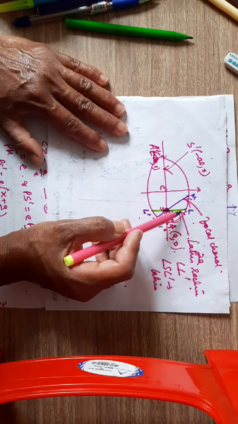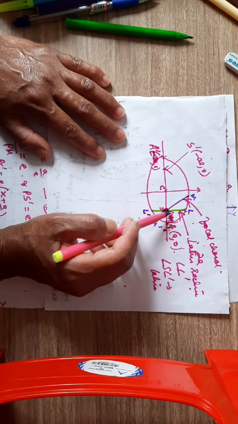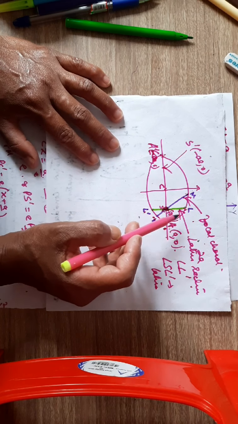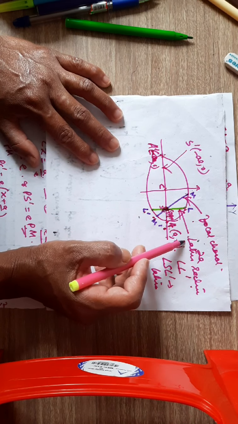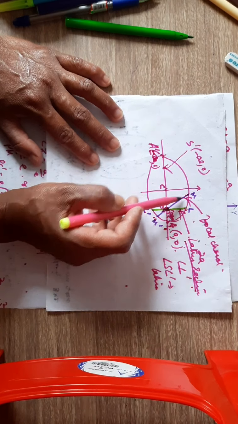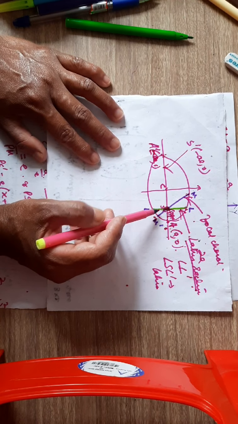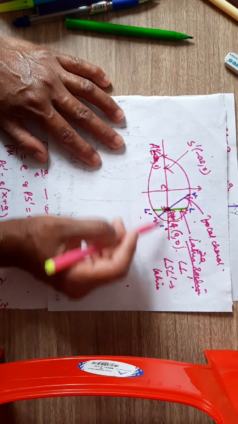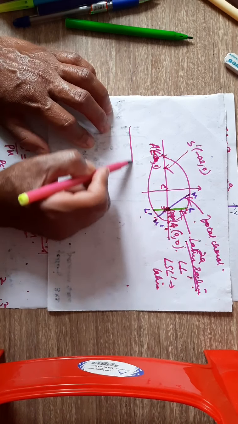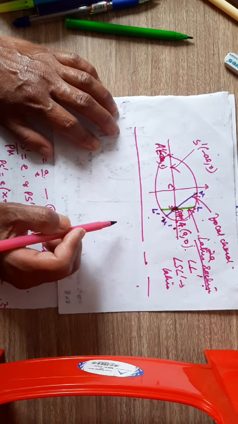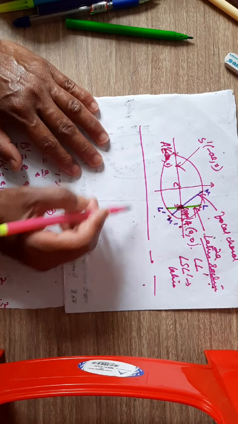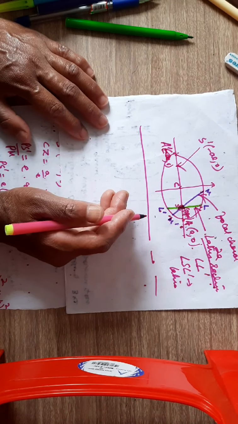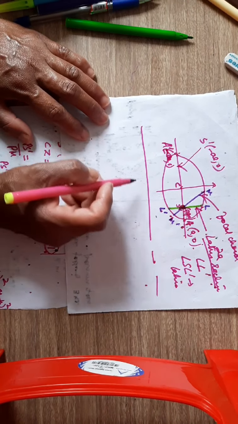Why? Because the latus rectum is not only a chord which passes through the focus, that is a focal chord, but it is also perpendicular to the major axis in order to be called the latus rectum. But MM prime here is just a focal chord. So these are some terms that are related to the ellipse. Please go through this explanation. If it is not clear, please let me know. Otherwise, in the next lecture, we can proceed to the next properties related to the ellipse.